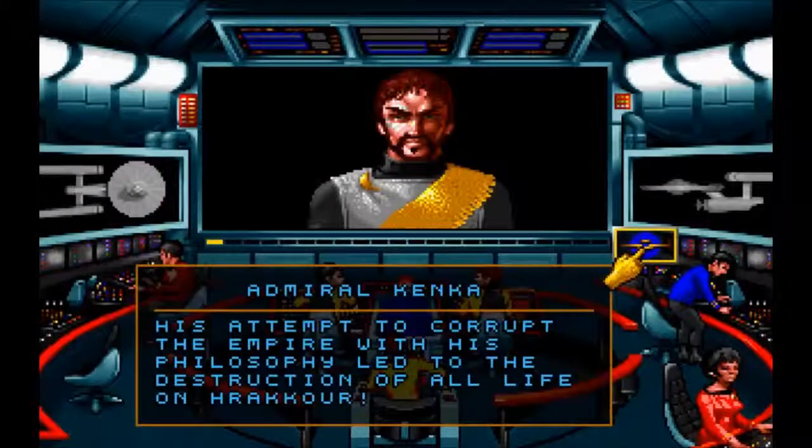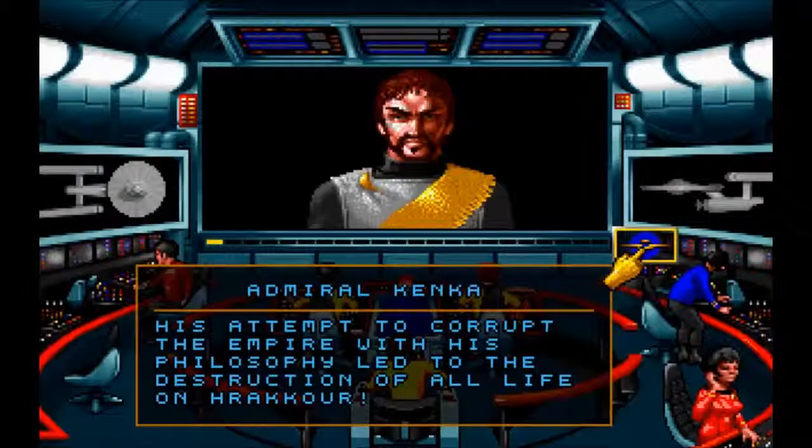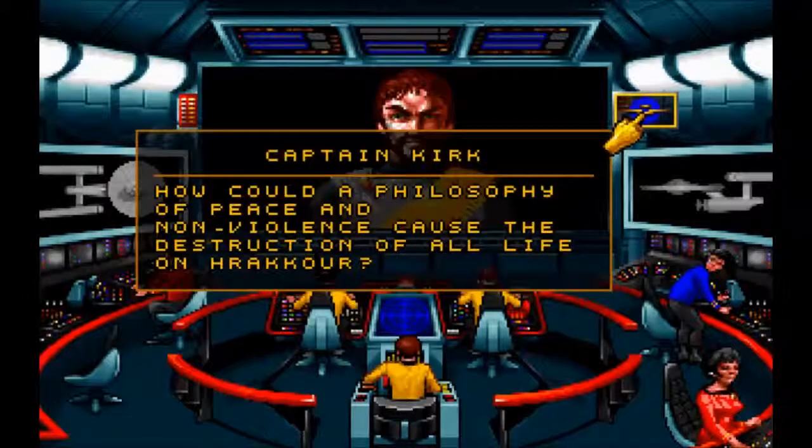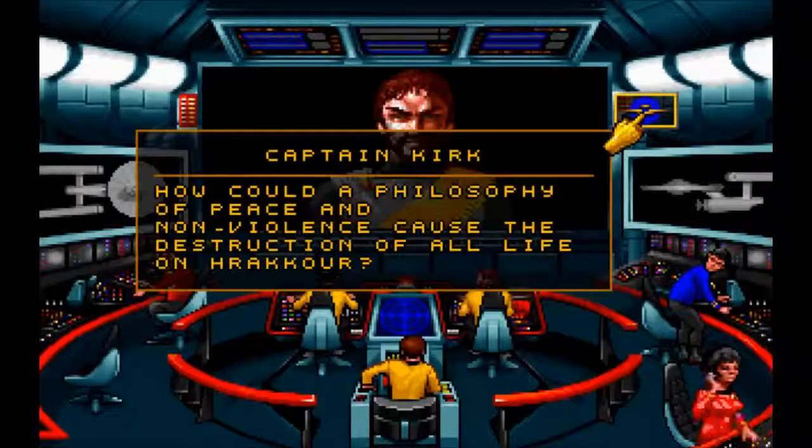His attempt to corrupt the Empire with his philosophy led to the destruction of all life on Hrakor. How? Philosophy doesn't cause diseases or deaths or anything like that. Unless it's really bad philosophy that makes you think about life and then it makes you commit suicide. So did they all... wasn't it a mass suicide of the entire planet? How could a philosophy of peace and non-violence cause the destruction of all life on Hrakor? By Klingons being extremely violent